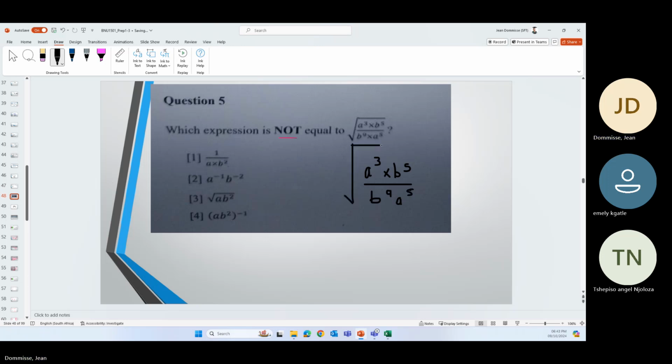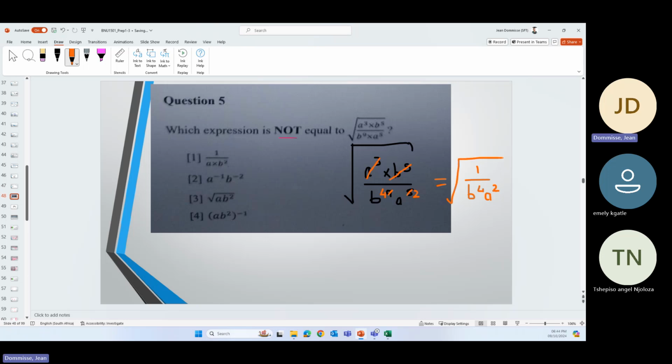Okay, so if we simplify this, let's quickly check what's happening at the top and what's happening at the bottom. We can take the 3 away, that will disappear, and let's quickly use different colors. What will be left at the bottom is a to the power of 2. We can do the same with the b's: take 5 away from 9. What is left at the bottom is b to the power of 4. Still nothing that looks similar, but this is now equal to 1 over b to the power of 4, a to the power of 2,